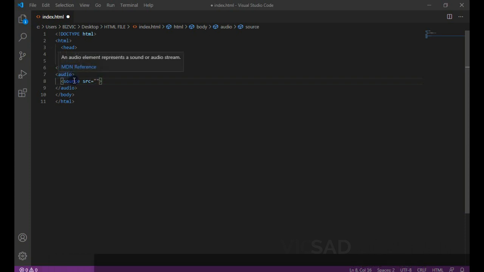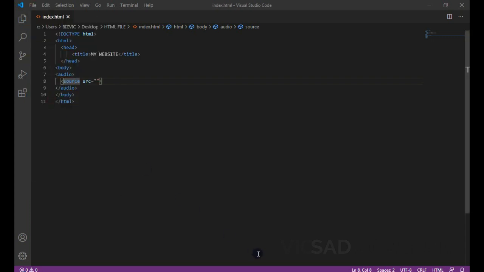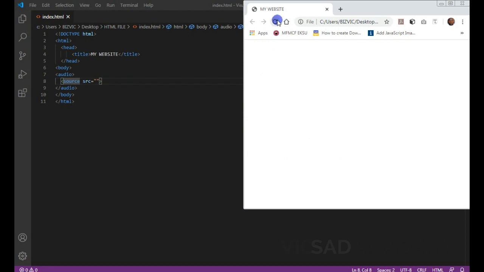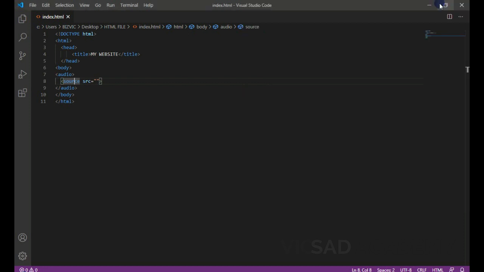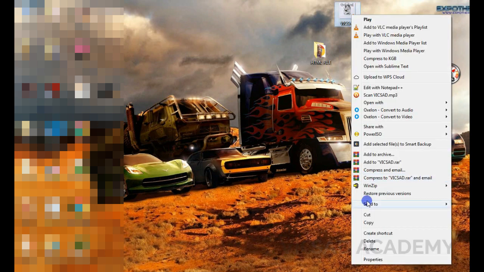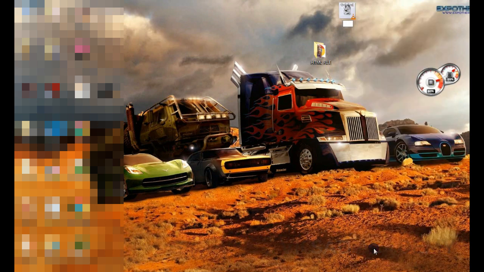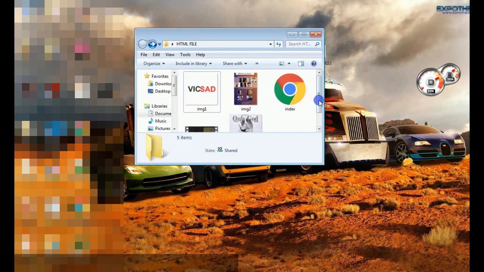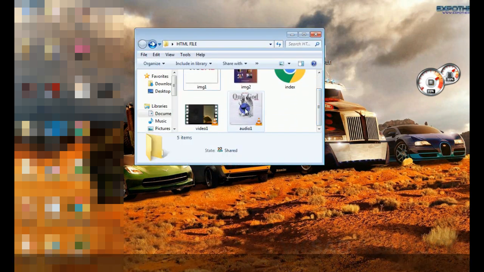So I want you to know that this will not display yet, but let's still do it the way we want it now, and then I'll show you our output. So let's come back. This is the audio we want to use, so I'm going to rename it audio 1, and then drag it inside here, and then open the HTML folder.